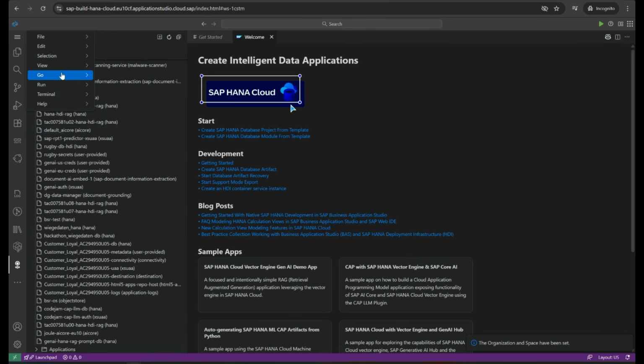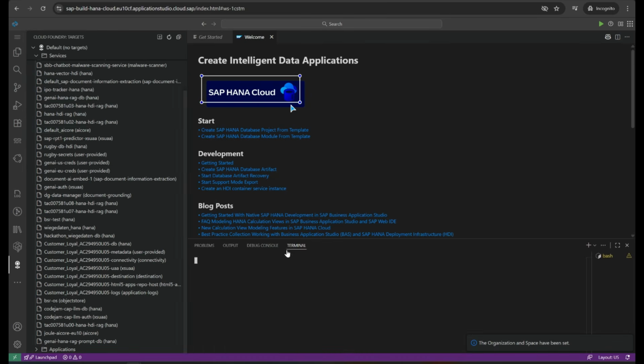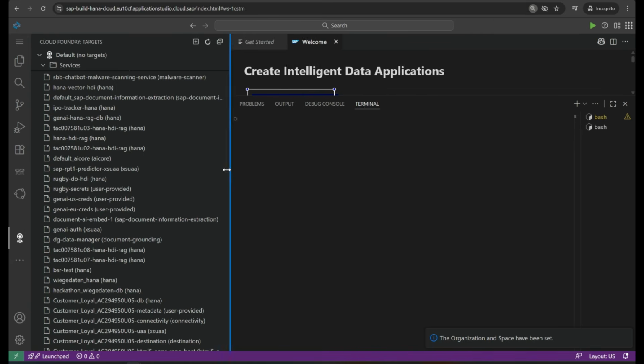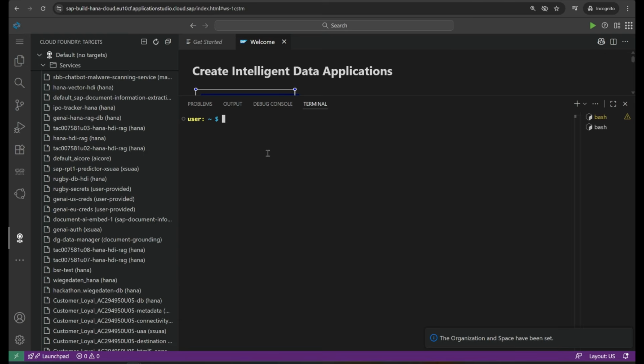So what we will do now, open a terminal over here. Since we have already logged into Cloud Foundry, we have done CF login. Technically speaking, our next step is to create the service key for this AI core service instance. So let's do that. So run the command CF create service key, my AI core service instance name default underscore AI core,